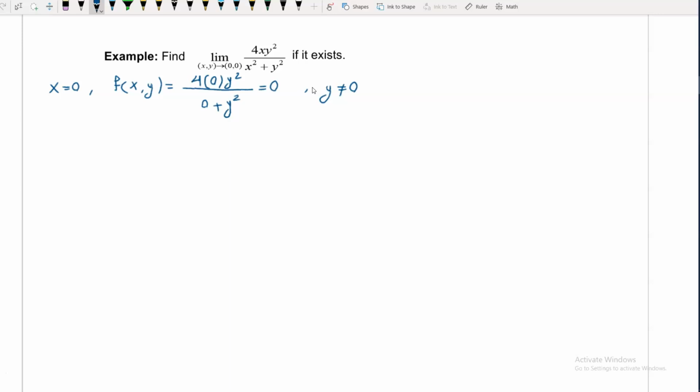And along the line y equal to 0, the function has value 0 when x is not equal to 0. So if the limit does exist as (x, y) approaches the point (0, 0), the value of the limit must be 0. Let